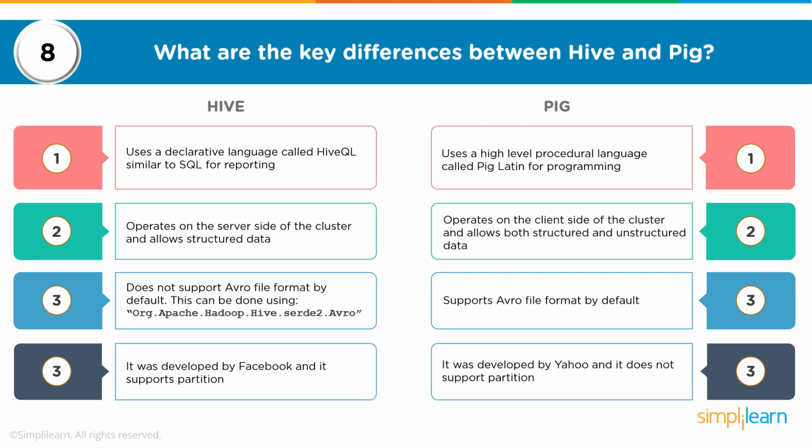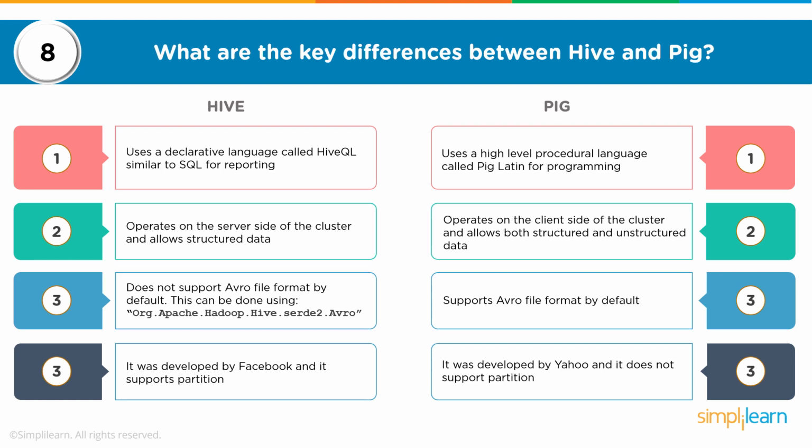Hive does not support Avro file format by default. However, that can be done by using the right serializer deserializer. So we can have Hive table data stored in Avro format, in sequence file format, in Parquet format, or even as a text file format. However, when we are working on smarter formats like Avro, sequence file or Parquet, we might have to use specific serializers, deserializers. For Avro, this is the package which allows us to use Avro format.